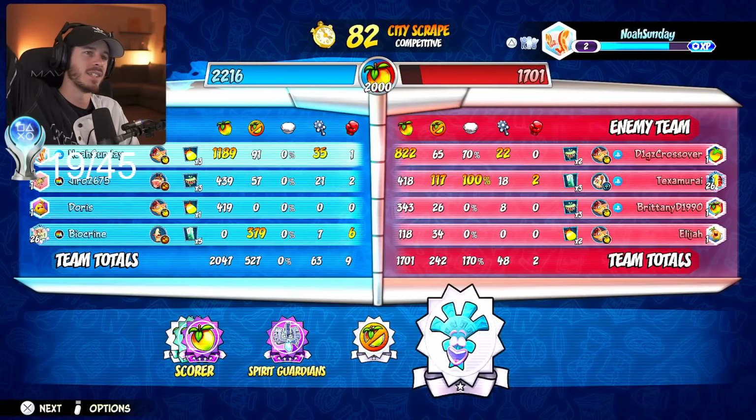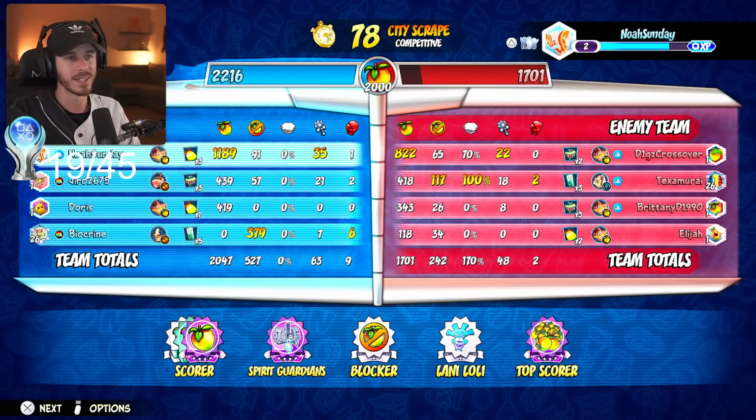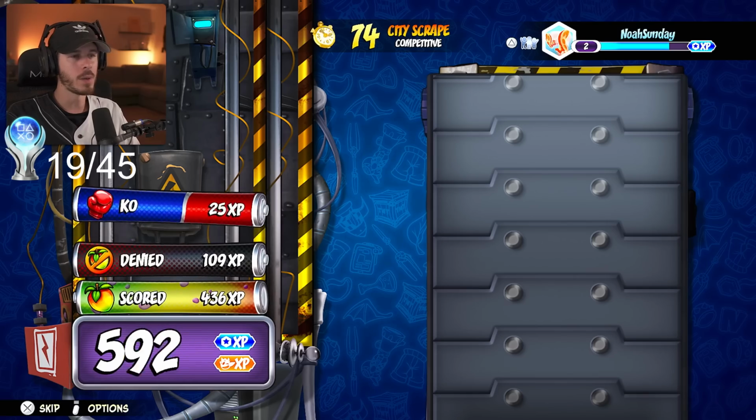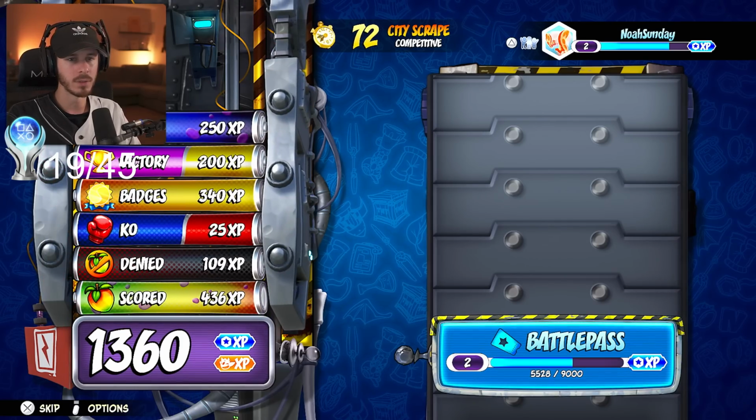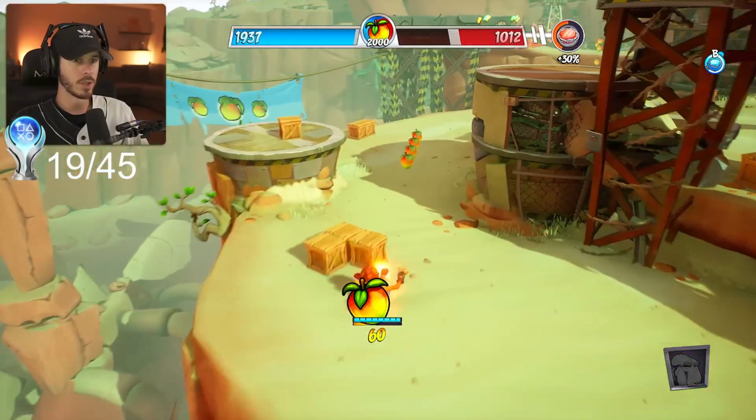I deposited 1100, and this is the big thing. We did 35 relics that game, which is wild. I think we might have unlocked a new ability with that game too. Yeah, there we go. So we unlocked the Gasmoxian Guard, which we equip, win our next game with, and unlock